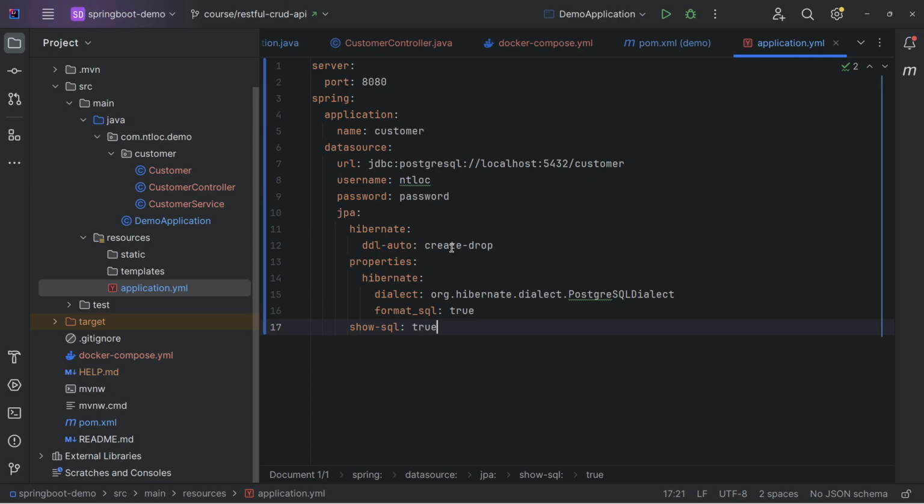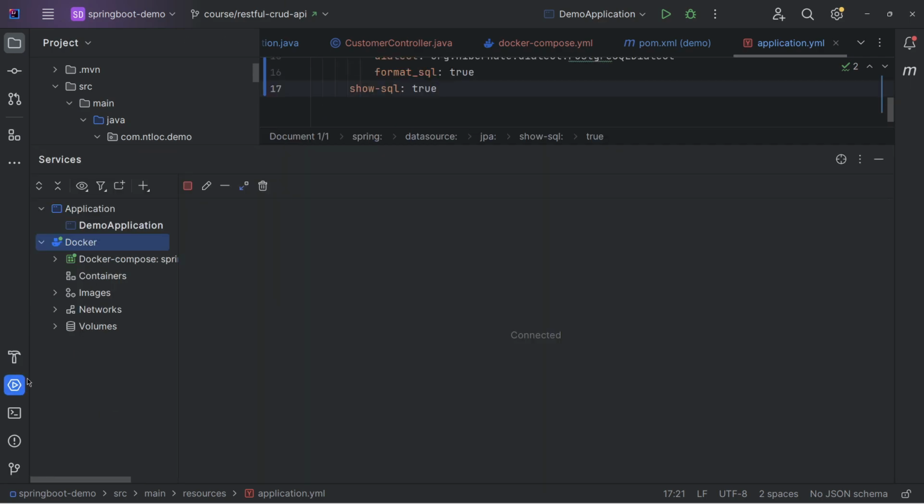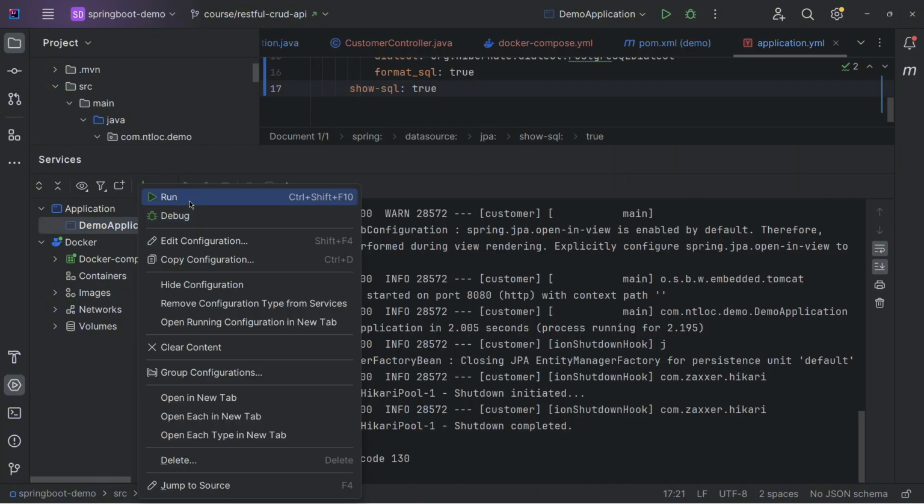For create, it will create tables when we start and run the application, and the drop will be performed when we stop or shut down the application. For the repository, I use direct process in here, and I would also like to easily see the SQL displayed in a nice format. And the last one is to see the SQL query in the log file. Let's run the application to see whether we can connect or not.